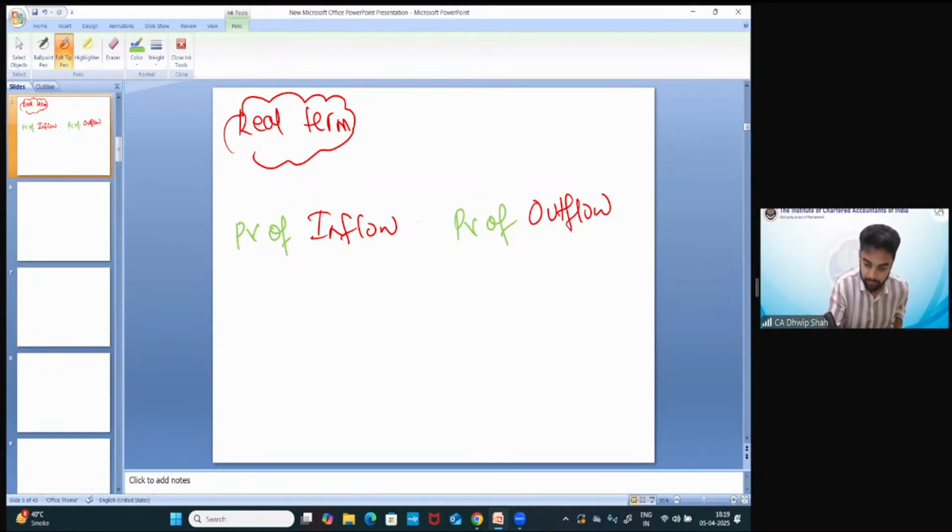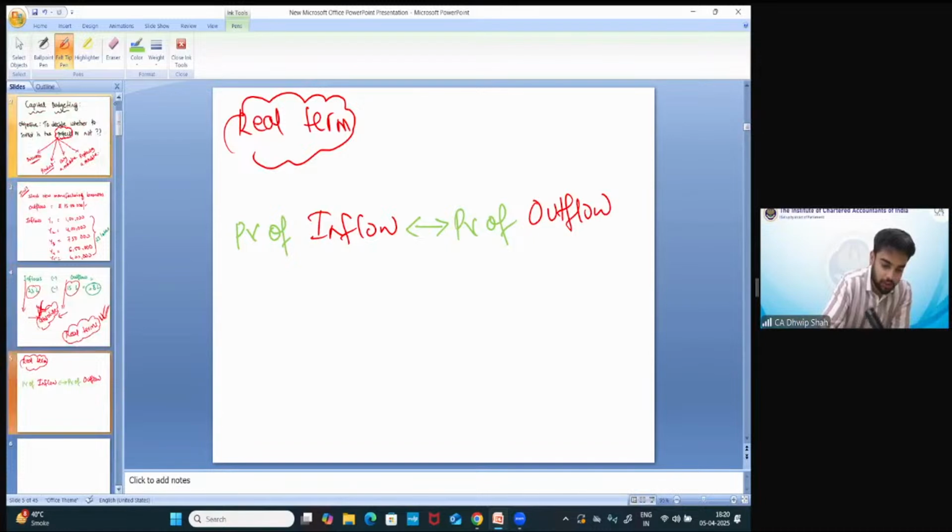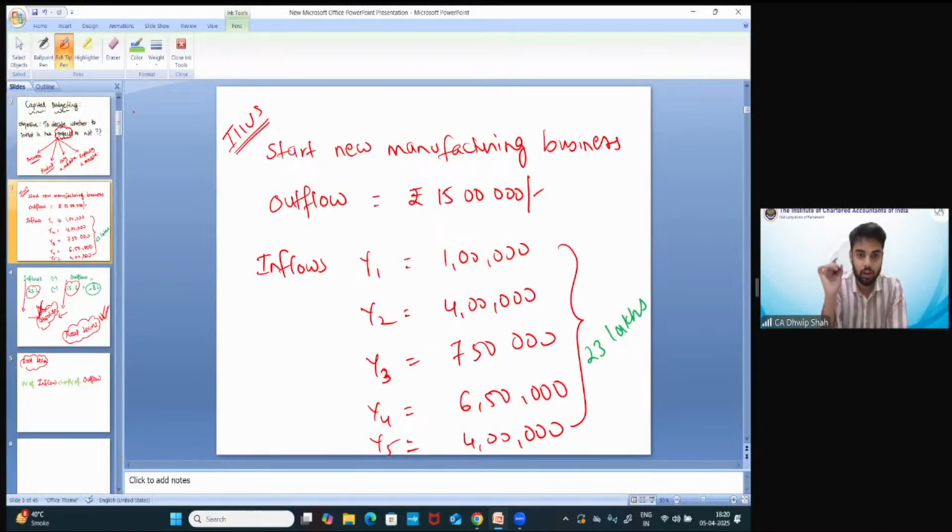Are you following? You have to compare the present value of inflow with the present value of outflow. The logic is very simple. Can I say this outflow of 15 lakh